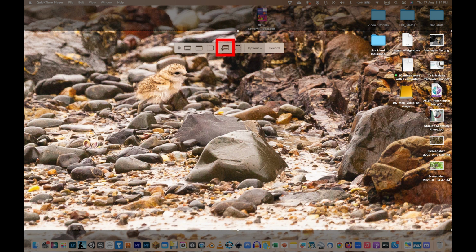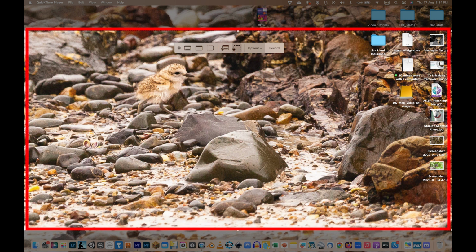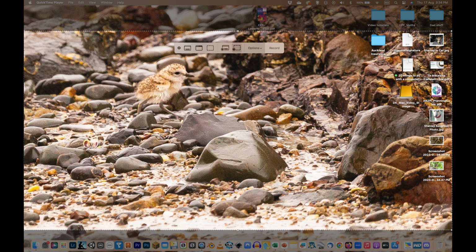The other option is to select the whole screen. The area selected here is the area that will be recorded, and I can adjust that by grabbing the handles and changing the shape. But before I start recording, I want to make sure all my options have been selected